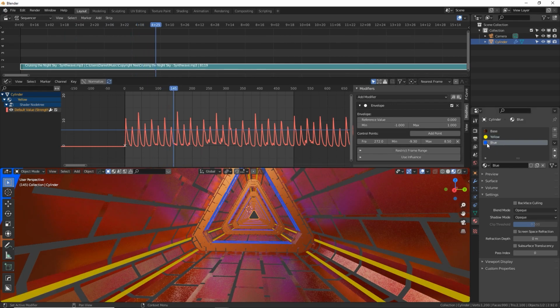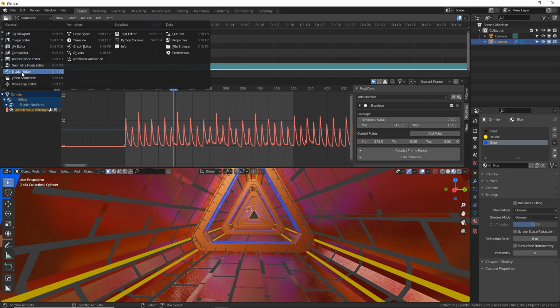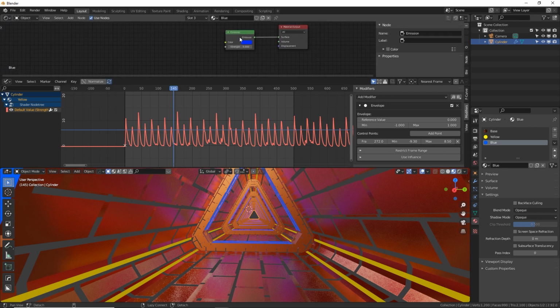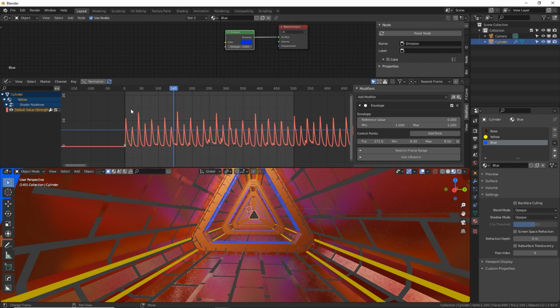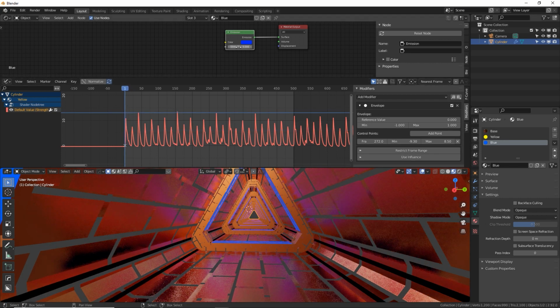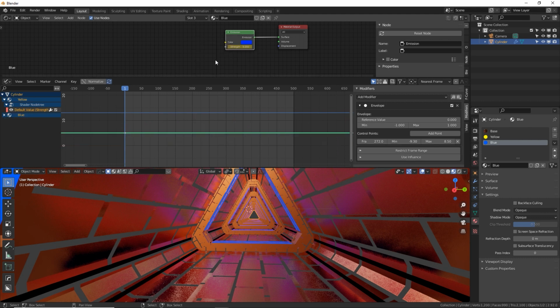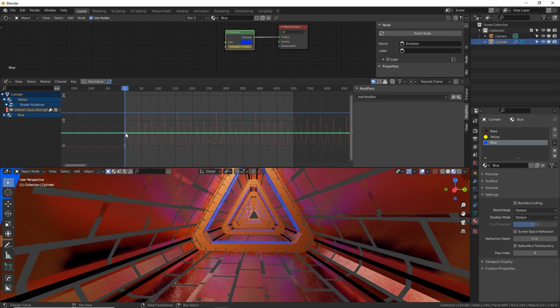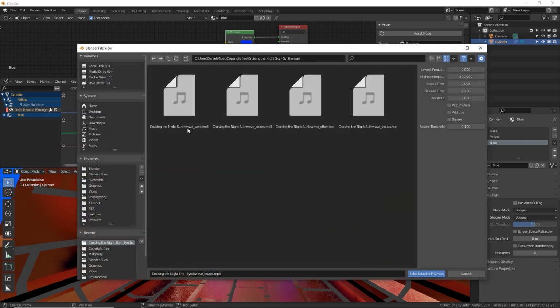So click on our blue material. We need to get back to our shader editor here. We don't need this sequencer anymore. There it is. Click on the node. Go to frame number 1 because that's where everything's going to start. Number 1, right click on the strength parameter or whatever parameter you want to animate, press insert keyframe. Now with this keyframe selected, you have to select it, go to Key, Bake Sound to F Curves,